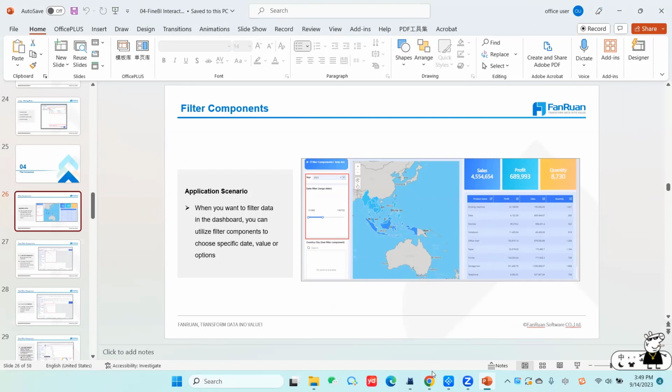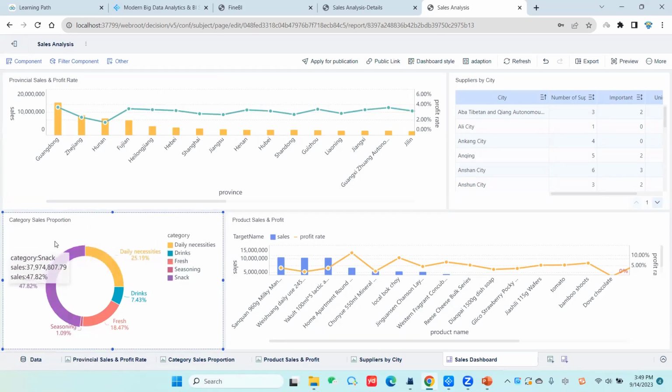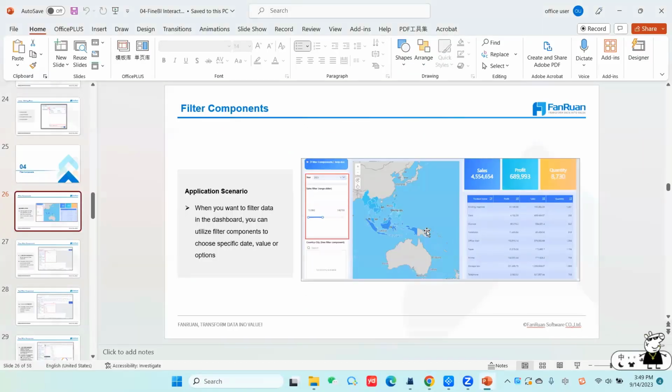If one of the managers is a provincial manager, he or she will only care about one of the provinces, or one of the managers only cares about part of the product category. So to help all the users focus on partial data, we can utilize the filter component to query